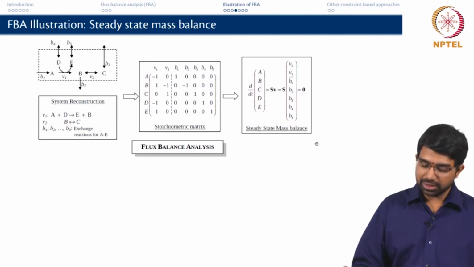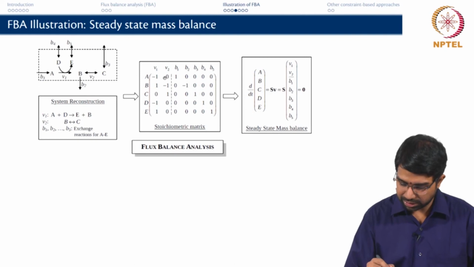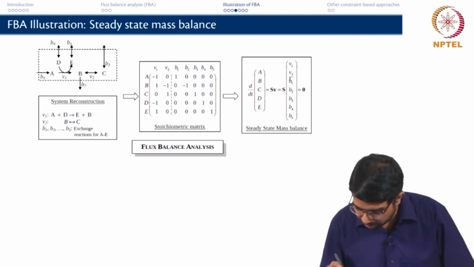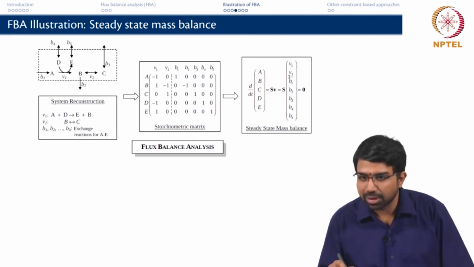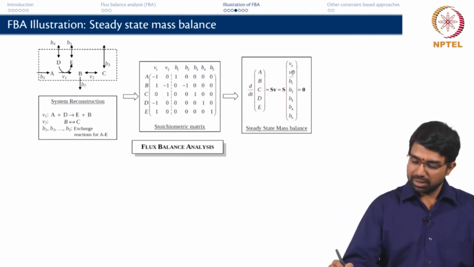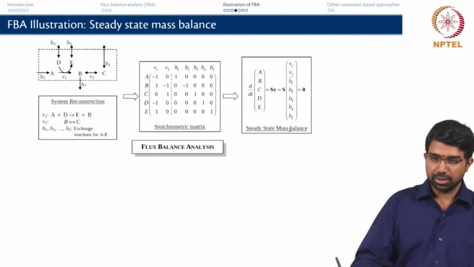So, now you have to solve the system of equations, which basically reads minus V1 plus B1 equal to 0, V1 minus V2 minus B2 equals 0, V2 plus B3 equals 0, minus V1 plus B4 equals 0, and so on. I am essentially multiplying this with this matrix multiplication, and note that this is just a partition. I am trying to show up, it might seem like a divided by or something, but it is a partition to show that there are some internal fluxes and there are some exchange fluxes in the same vector,